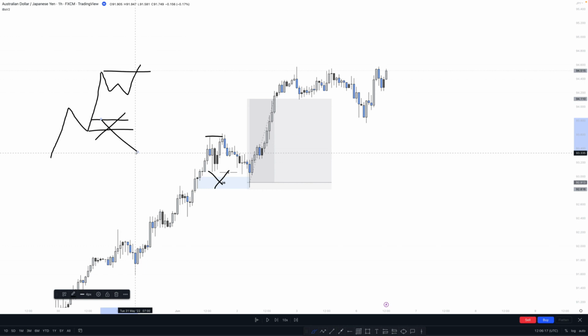This is not valid. And this is why I tell you it is going to be a lot easier for you at the beginning to focus on discipline, patience, rules, entry criteria and everything. You're not going to get confused with double confirmation entry when you're trading only hybrid. So price breaks the high, boom, you do not care. It doesn't meet my entry criteria, my plan, so move on to the next one. I do not care about this one.